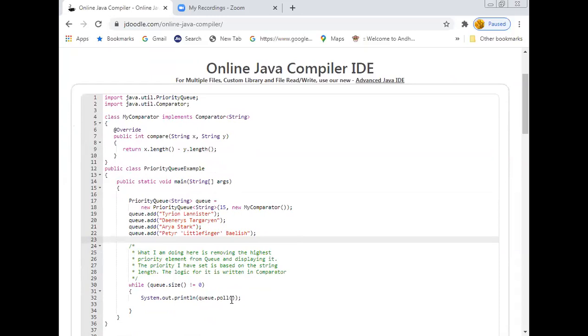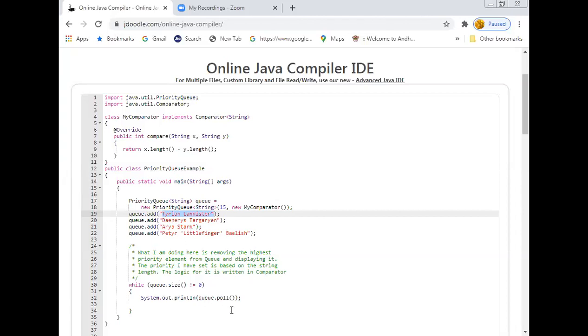Okay. Now the poll method is used to delete the element from the head position. That means whatever element is present in the list as the first one will be removed first. So in the case of an ordinary queue, this is the first element which we are supposed to display. But as a priority queue, what we expect is that the element with the smallest length out of these four, Arya Stark, is the smallest length element.